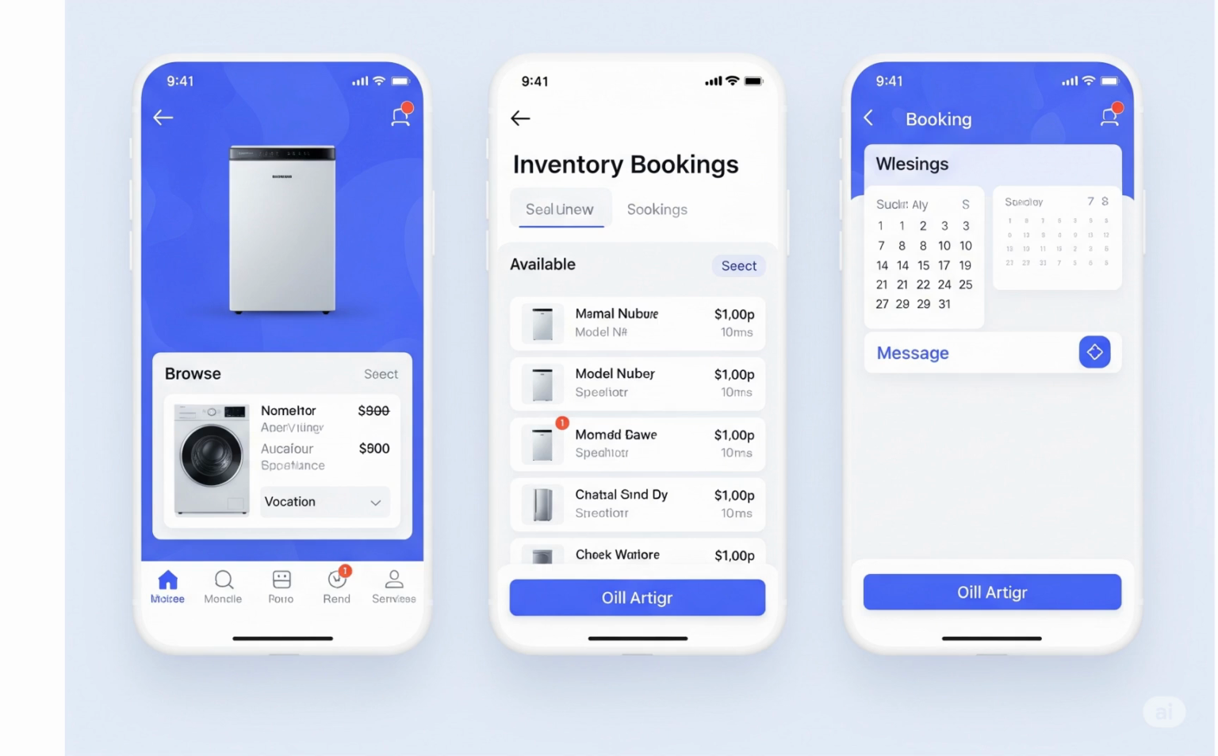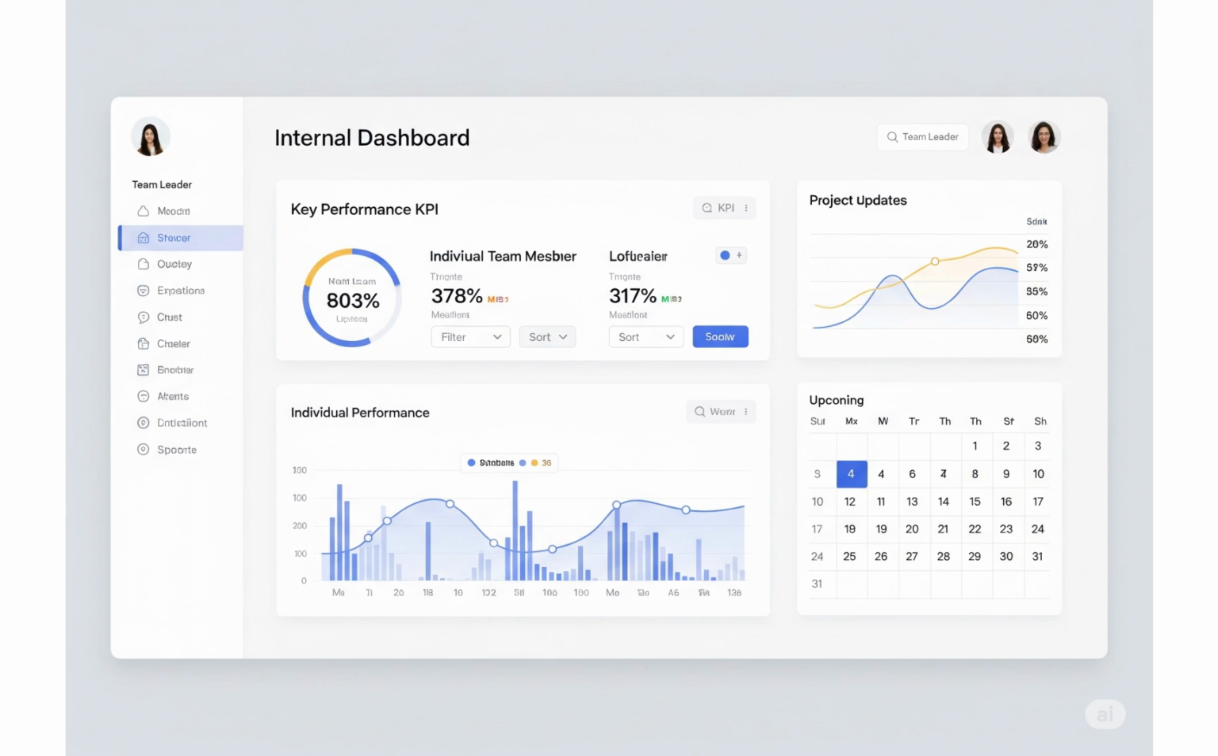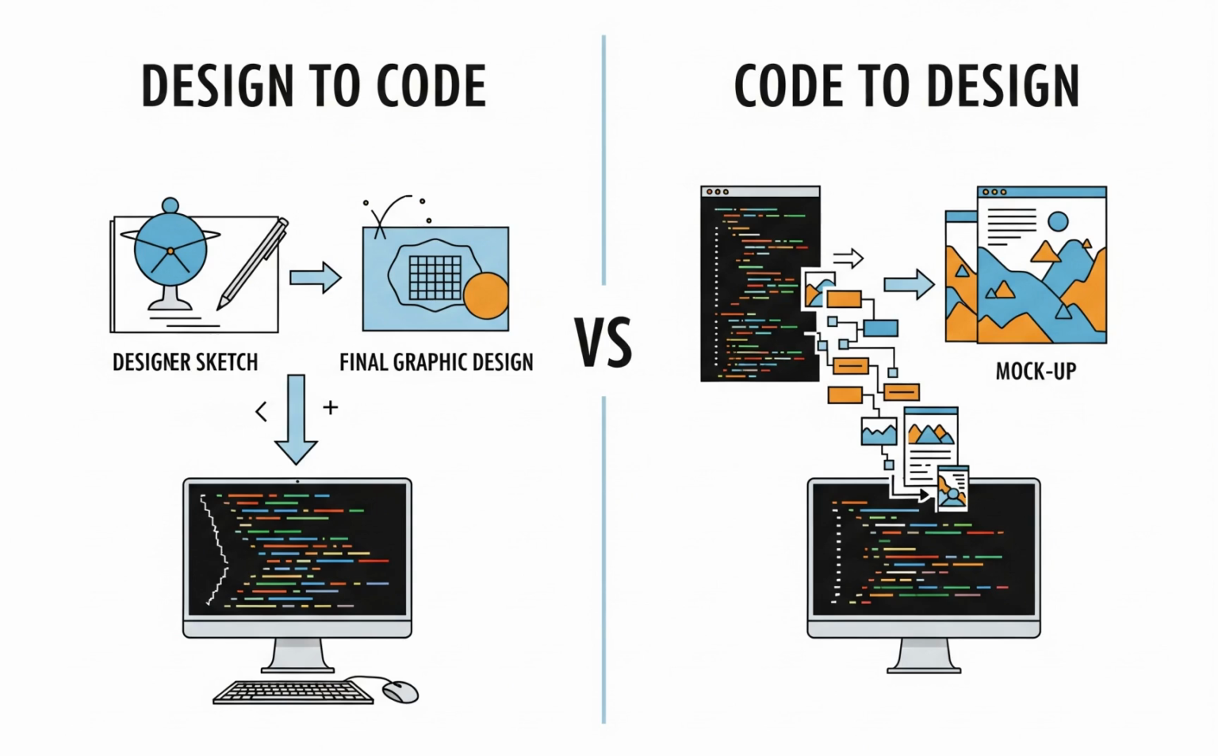And you need a custom app for inventory, maybe, or client bookings. Or you're leading a team and need a simple internal dashboard. The promise here, it sounds like, is you could potentially build that yourself without hiring a developer or going back to school for coding. That's exactly the promise. It represents a massive shift in who gets to build